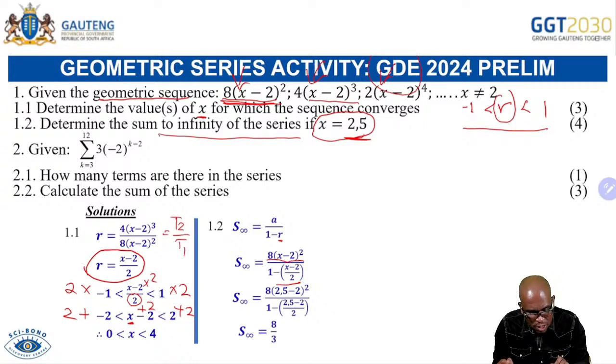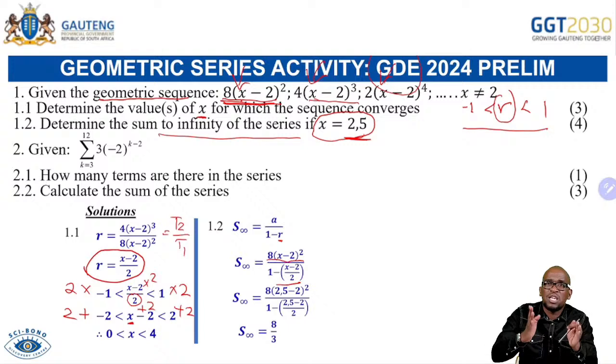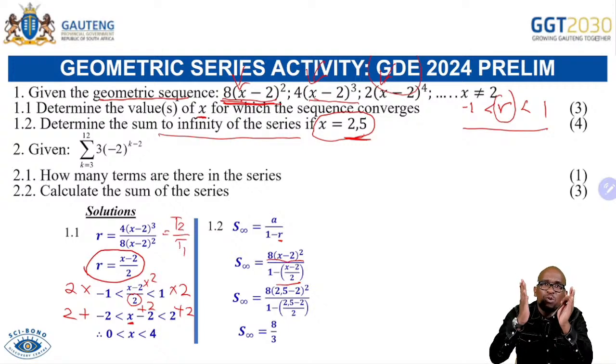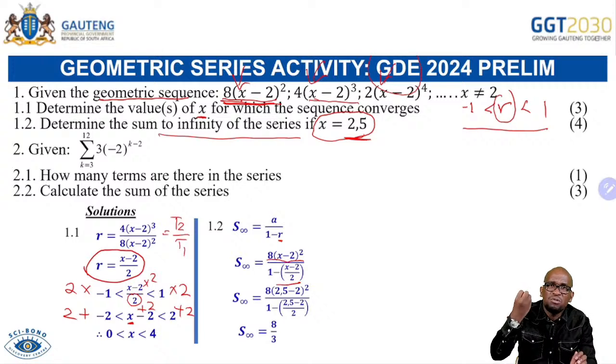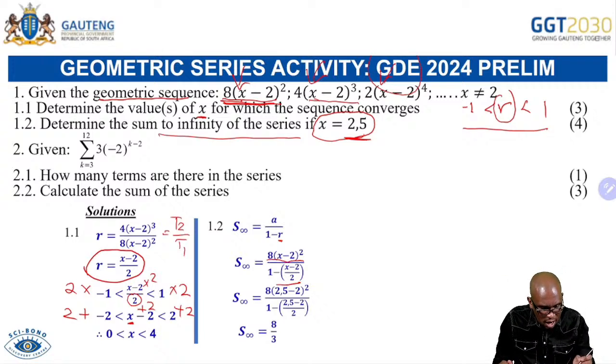Remember, the other way would be you substitute x first, you generate the series, which is independent of x, which means that the series will only be given by numerical values. And then from there, you get a, you get r, then you calculate the sum to infinity like that. Now, moving on